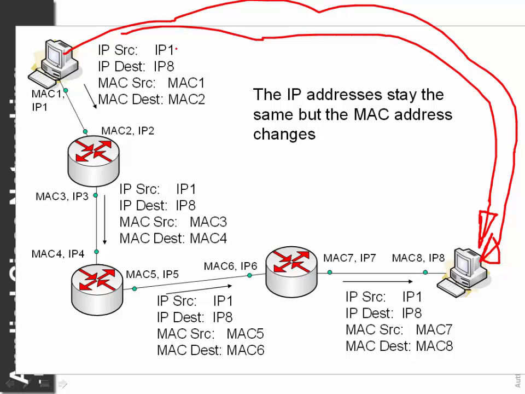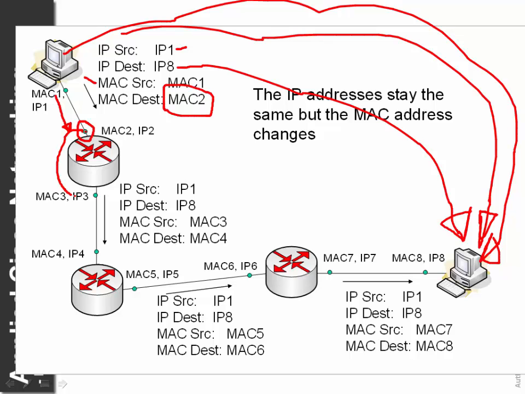So basically what it does is it puts its own IP address in the source and the destination IP address of the destination node. Then it adds its own source MAC address, and through ARP it has already discovered the MAC address of the gateway. So the first data frame that goes out has the destination MAC address of the gateway port of the router. The router then knows the best route to get to the destination. It will then forward the data frame over, this time using the source MAC address here and the destination MAC address of the next gateway.